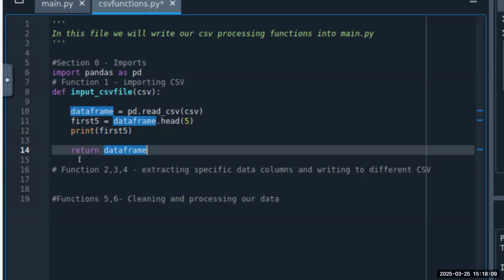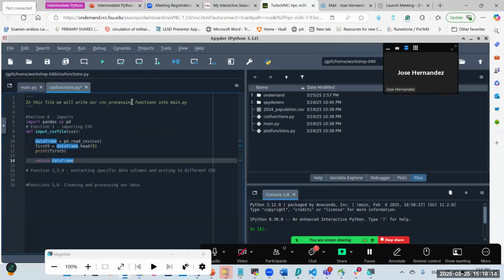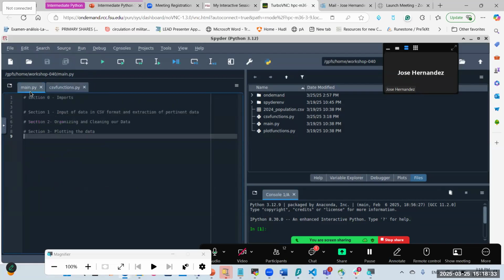Okay, so I'm going to go ahead and zoom out so I can run this. So much brightness. Okay, so I'm going to go ahead and save the CSV functions file. If it has an asterisk in its name up top, it means that file is not saved yet. So once I save the file, you should see that asterisk disappear in Spyder, and I'm good to go. So now I'm going to go to the main PY file,